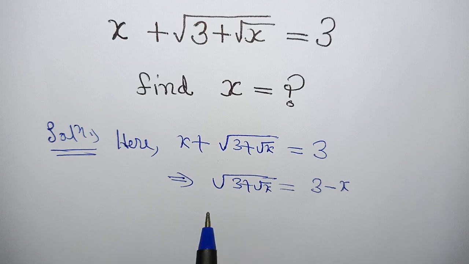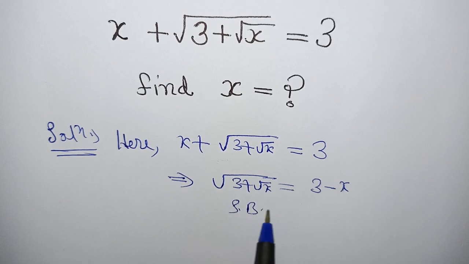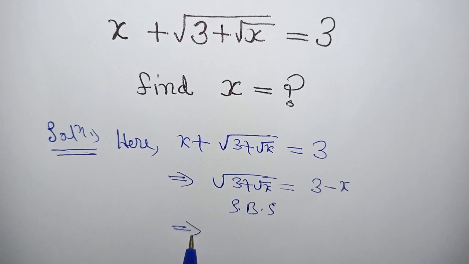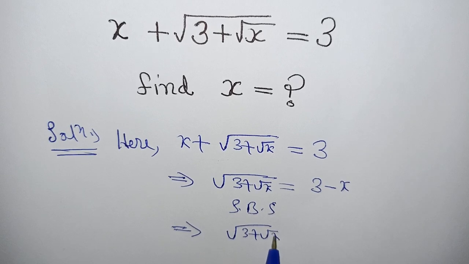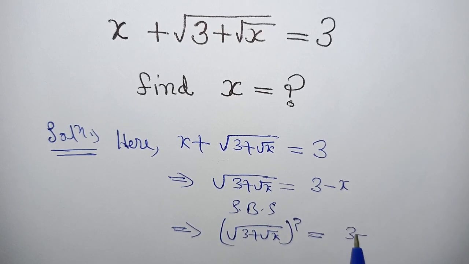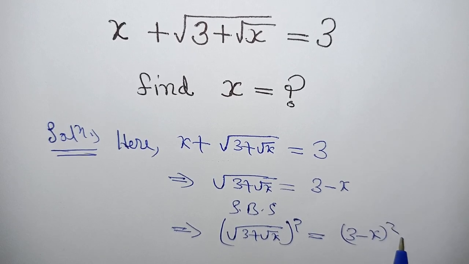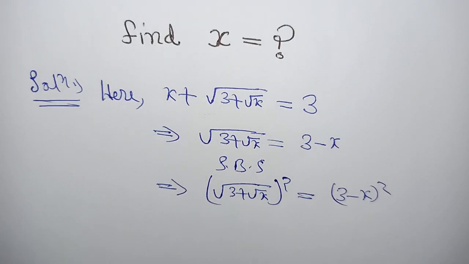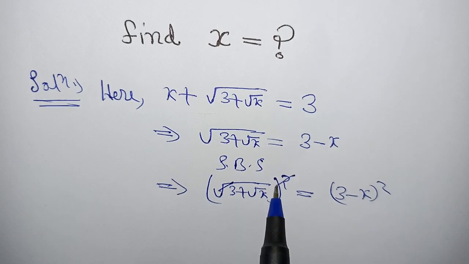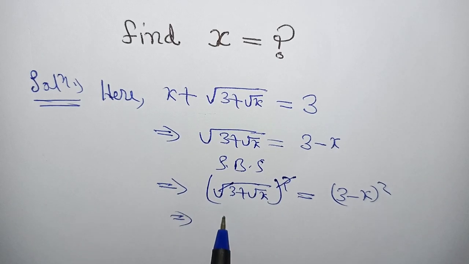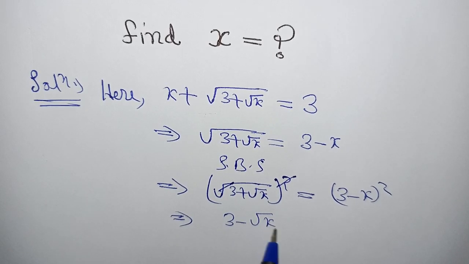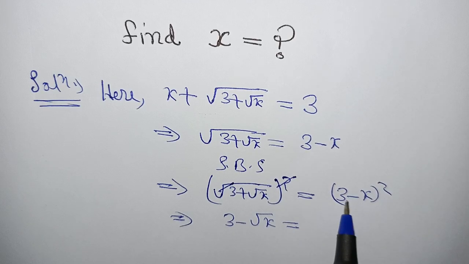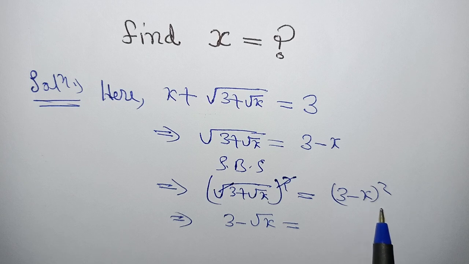So for that we square on both sides, SBS, that is squaring on both sides. It implies under root of 3 plus under root x, squared, is equal to 3 minus x whole square, right? Now this under root will cancel out. It implies 3 plus under root x is equal to, now this portion is a minus b whole square, because